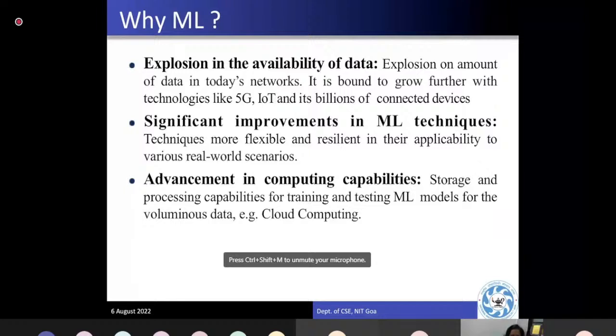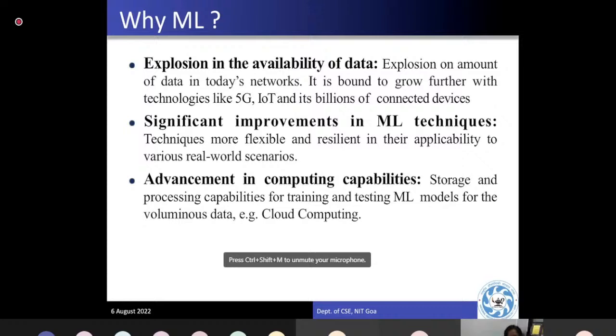Everything now running behind the data. I will give all the examples related to the computer network point of view. We know the terms 5G and IoT. IoT is very well known these days. So when I come to the point of IoT and 5G, there is lots of data in the market now. And from the data, how can we build a good network?